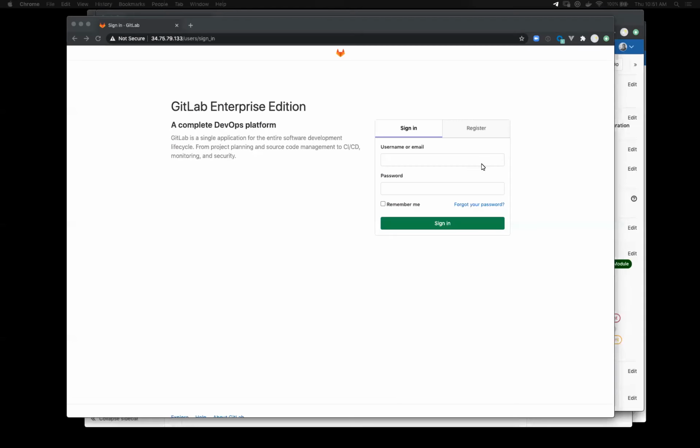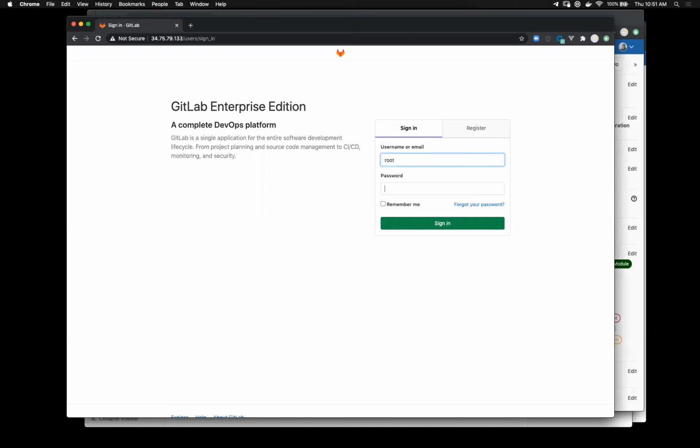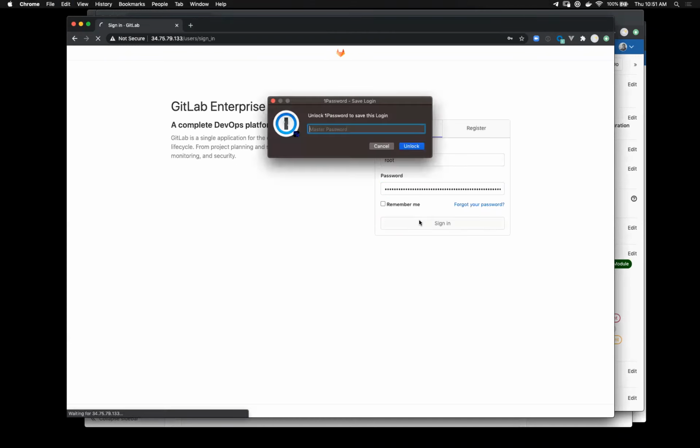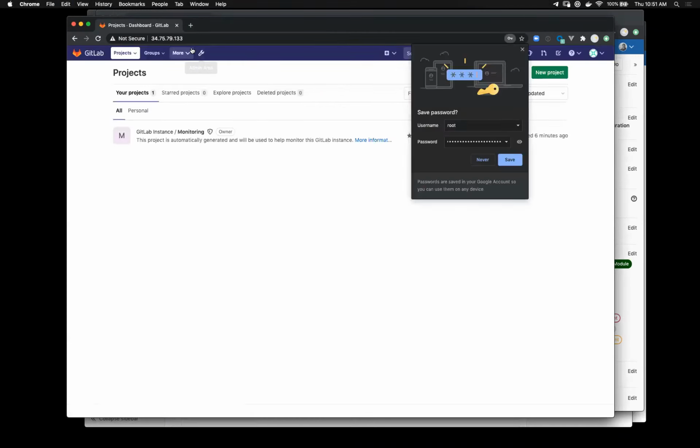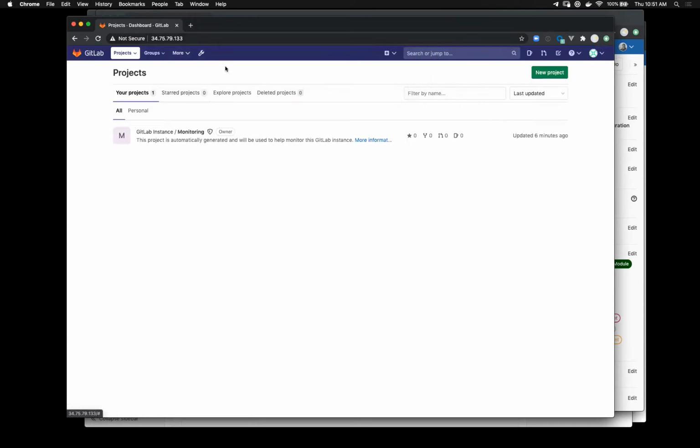Okay. Start my share again. Now this is the same IP address that we had with the HAProxy. So this is hitting the load balancer,